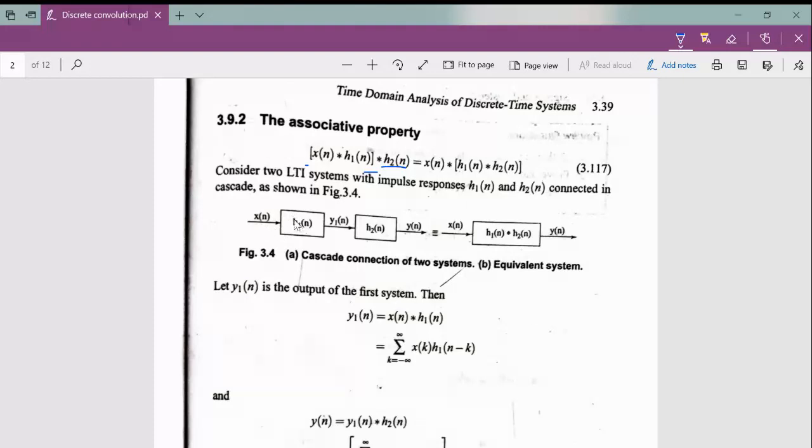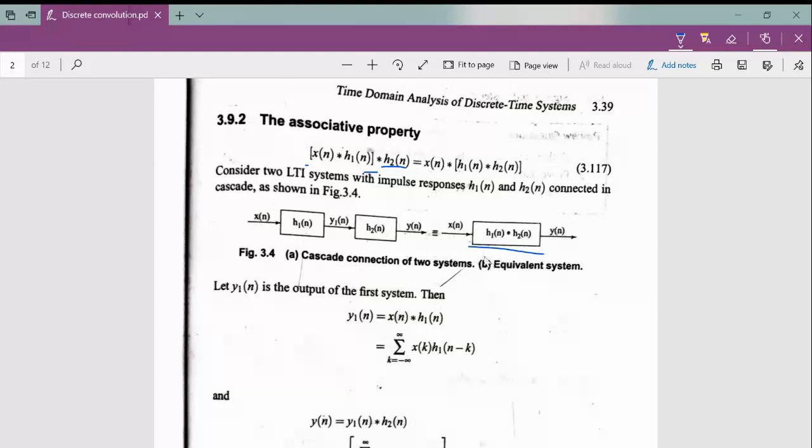So let's see. We have one system with impulse response h1 of n, and we are giving input x of n to h1 of n, and it will produce an output y1 of n. That output y1 of n is given to another system with impulse response h2 of n, and this will produce an output y of n. Okay, so these cascaded systems can be rewritten as